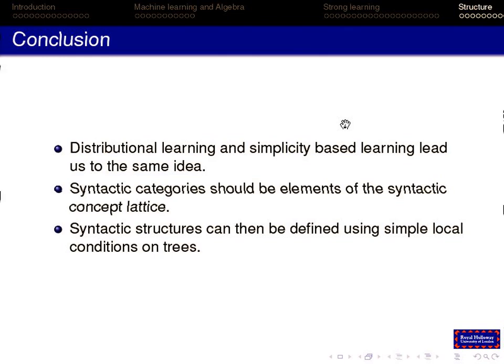This lattice structure, the semi-ring structure, provides, if you like, a vocabulary in which we can write context-free grammars. And then we can define a notion of syntactic structure using a set of simple local conditions on trees, that they're maximally labeled, that all the local trees are non-redundant, and that there's no substructure.